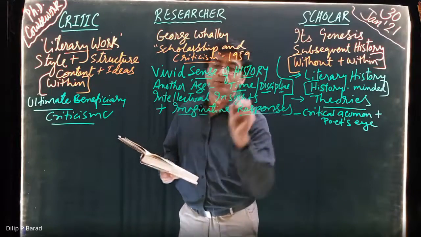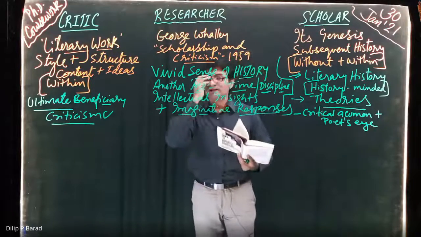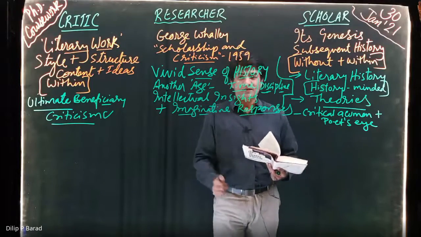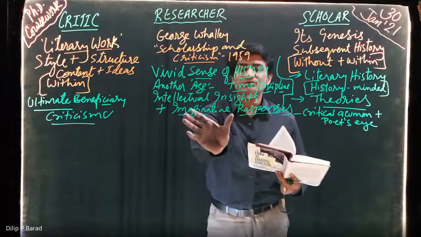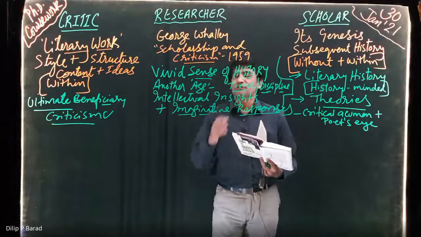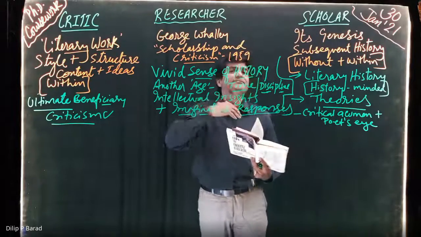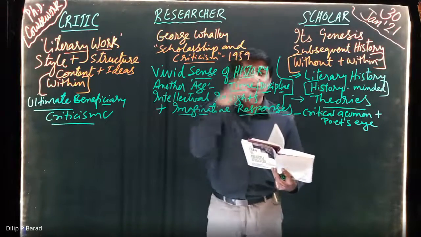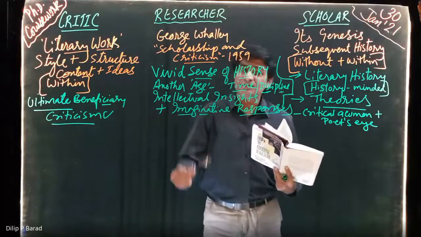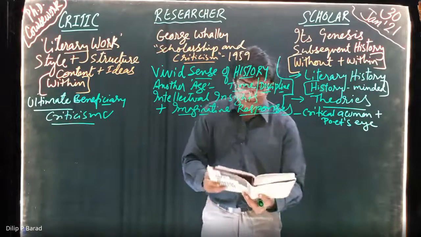This becomes very important. Literary work by and large, or studies of English studies, is by and large about interpretations. Lots of interpretations are necessary, and if we are highly imaginative, then we can have wonderful interpretations. But at the same time, those interpretations are to be supported by some evidence. So we require intellectual insights also. It should not be only fantasia. We are not just talking or assuming in our interpretations; our interpretations are to be supported by intellectual insight. It means a scientific way of working on all these things.